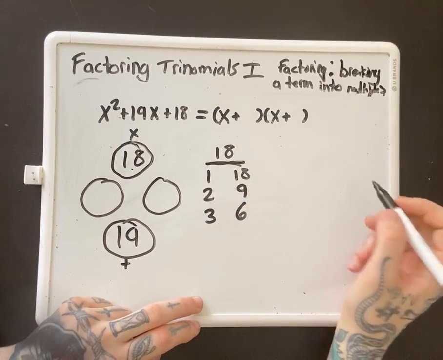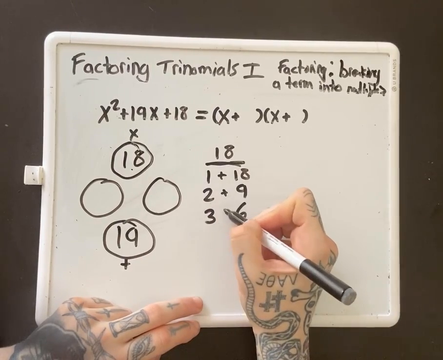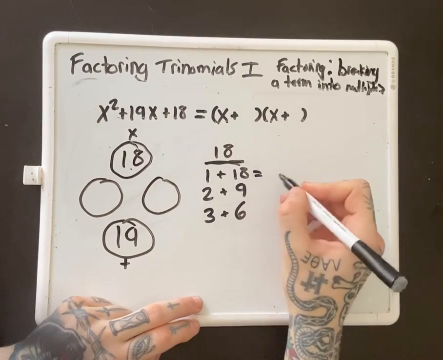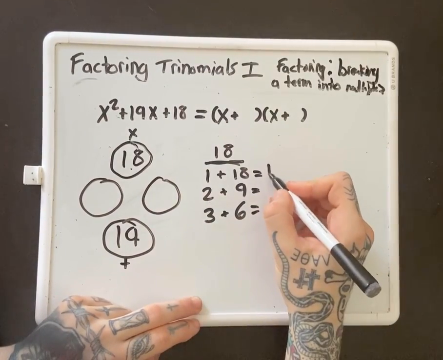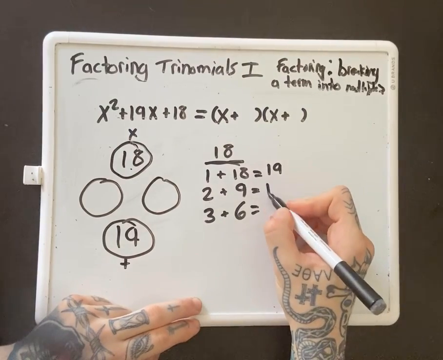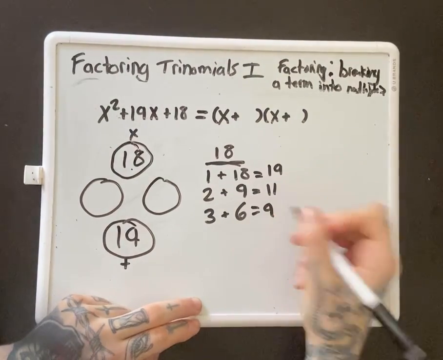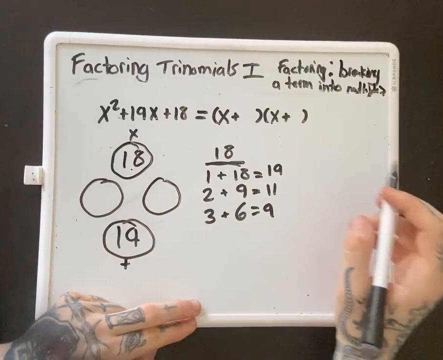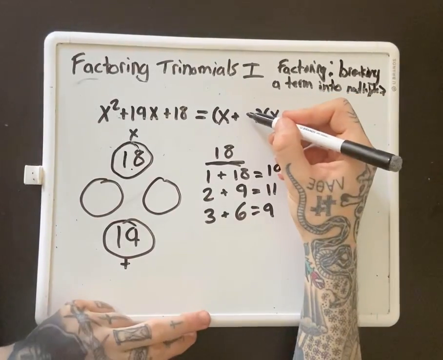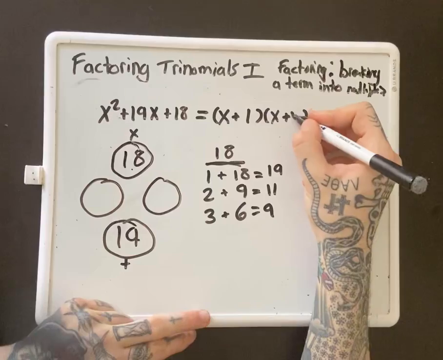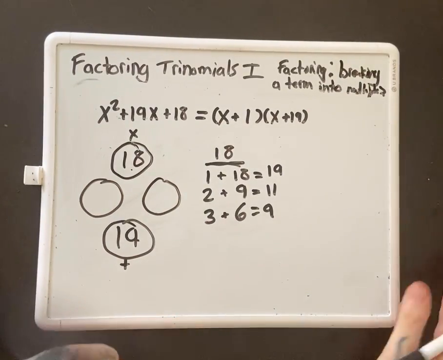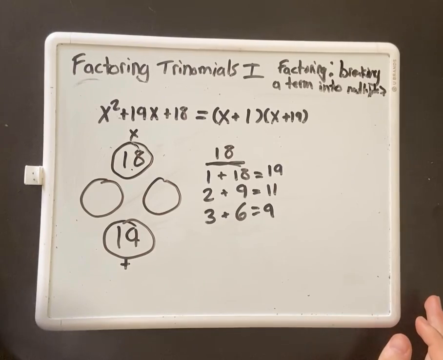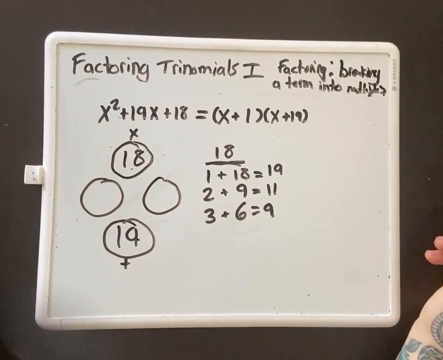And then I like to figure out which one of these adds to 19. And it's the first one. So as you start doing these more and more, you're going to be able to suspect which ones are the right pairs, but it's important to check. Okay? So again,